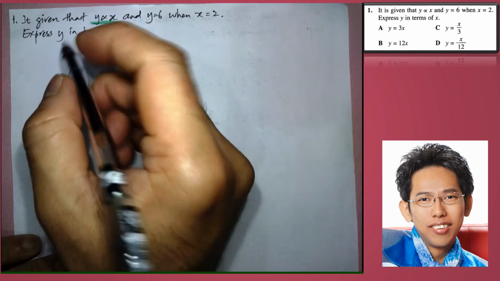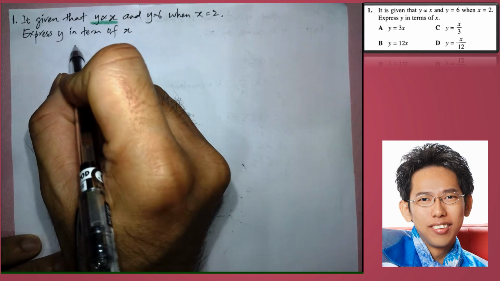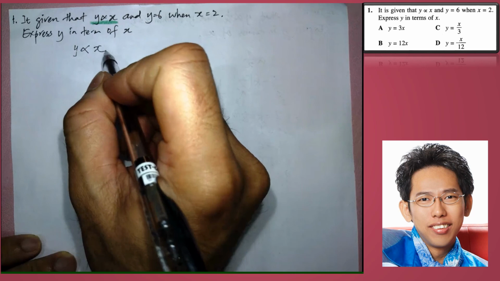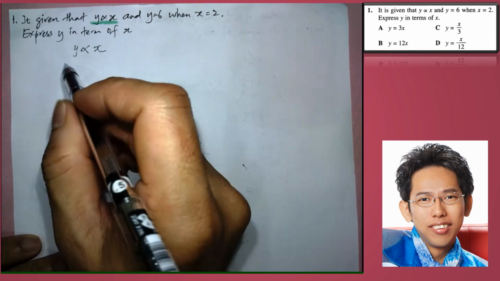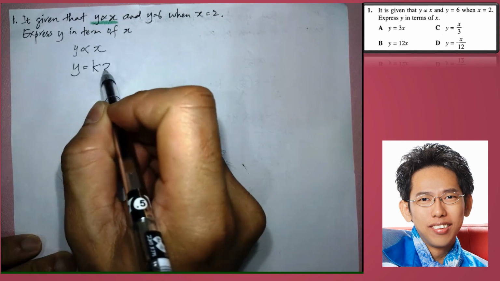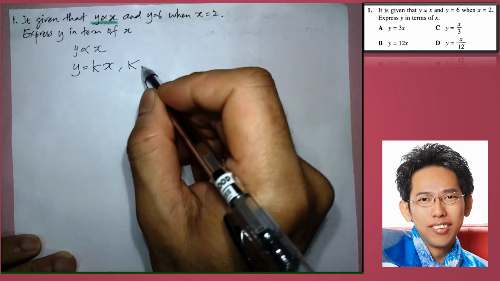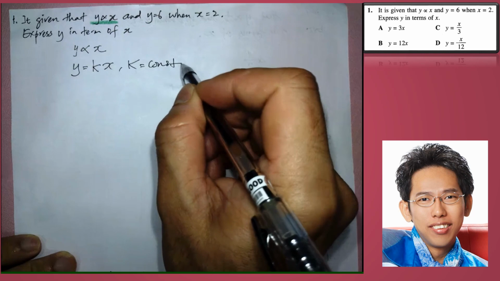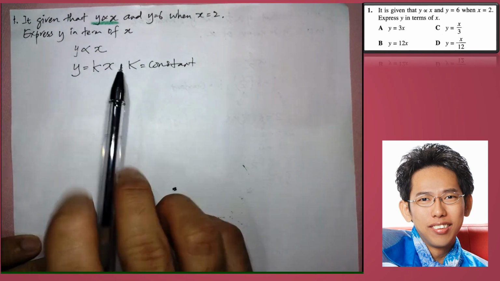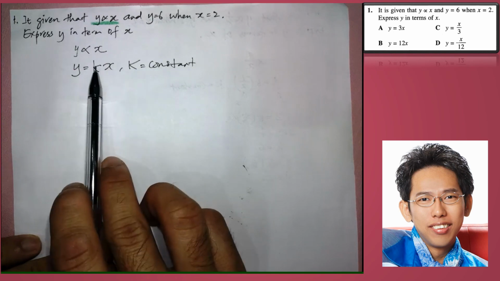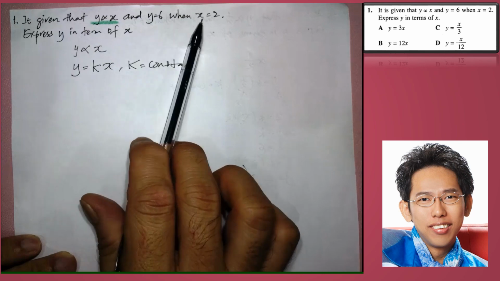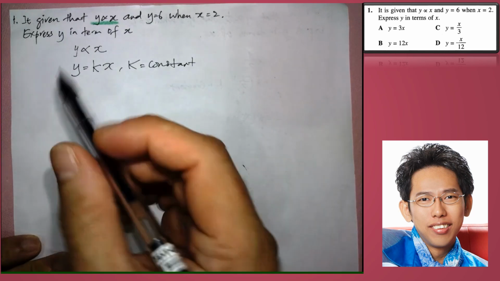Okay, so we start from the expression y. Then write out the equation of the variation: y equals kx. Again, k is a constant. Okay, we want to look for the constant first. To obtain the constant, what is the value of k? We need to use this value of y equals 6 and x equals 2, meaning we substitute